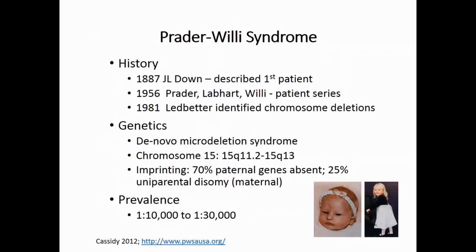Turning now to Prader-Willi syndrome, this was also described by John Langdon Down, but in 1887, and he described an adolescent girl with mental impairment, short stature, hypogonadism, and obesity. It wasn't until 1956 that Prader, Willi, and Labhart reported on a series of patients with a similar phenotype. And in 1981, Ledbetter identified deletions on chromosome 15 that was determined to be the site for Prader-Willi